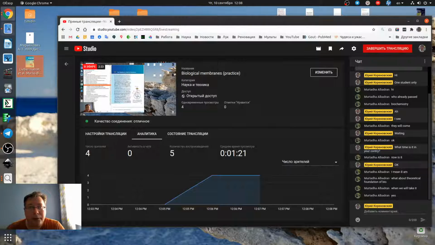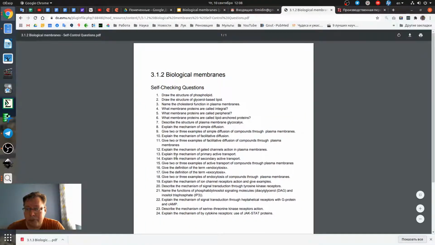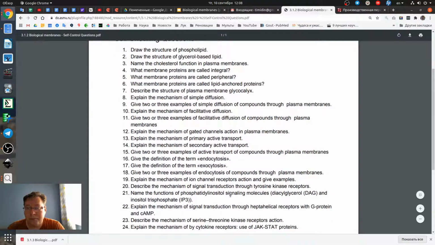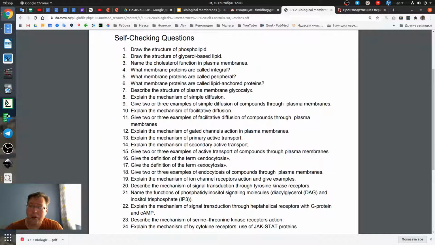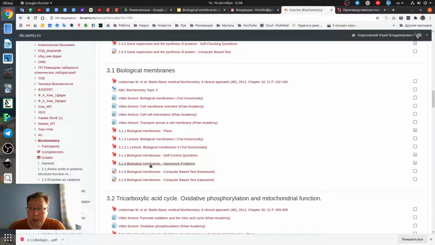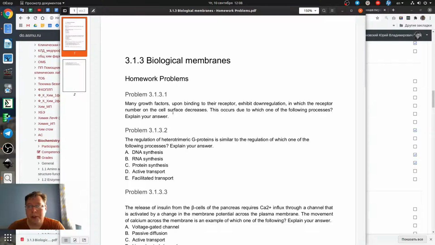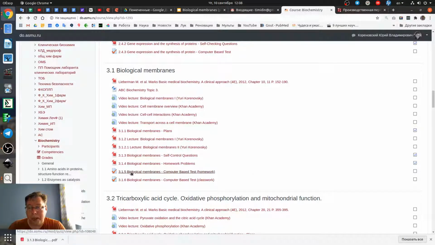So the next point, plans, self-control questions. You also may read them. These questions, according to the structure and definition of biological membranes. And the last one is homework. I already downloaded. Wait a second. These are homework problems. So we will discuss them right now, and after that you should pass to this test,